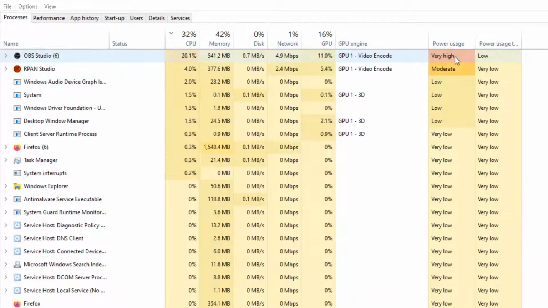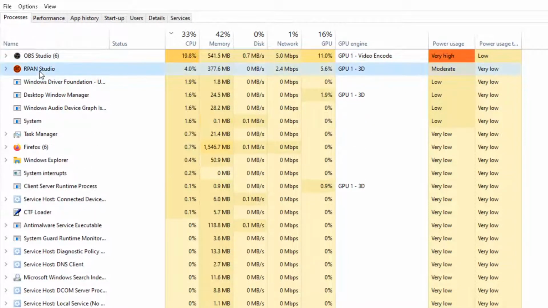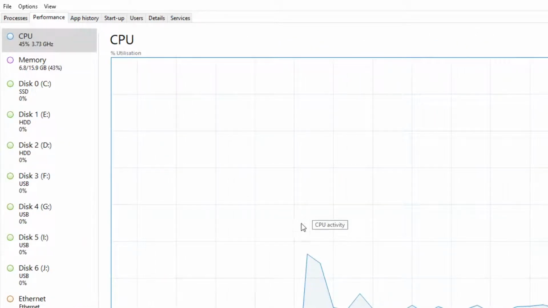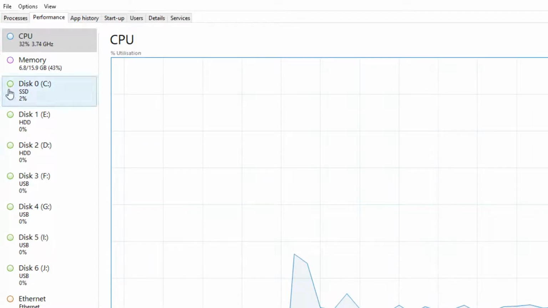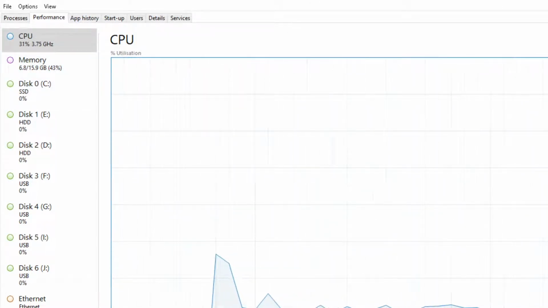It's got high power consumption, because obviously it's doing a power intensive task, but my secondary Apeman Studio for Reddit is not using as much. So if I go to performance, look at my CPU and you'll see the memory, I'm only using about 7 gigabytes of memory. So to answer the question about is OBS the best for live streaming, it can be if